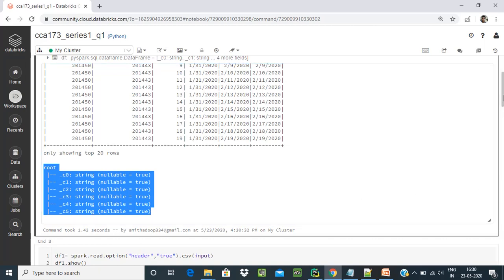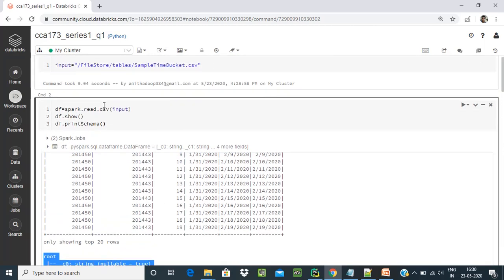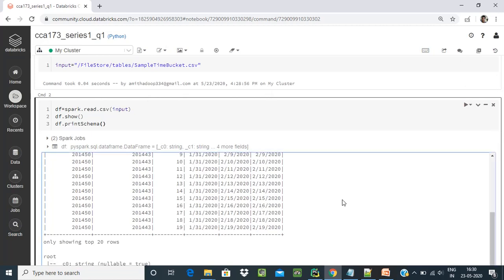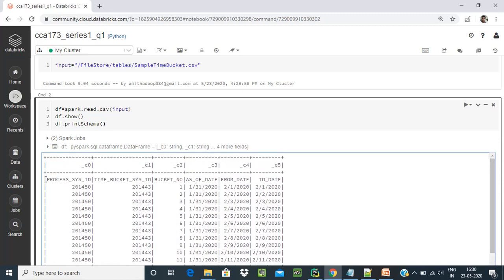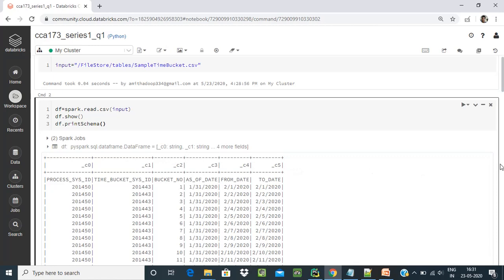These are the problems when you do a simple spark.read.csv on the input. The column names also come inside the data, and by default the column names are given as _c0, _c1, _c2 and so on. So how do we avoid this?